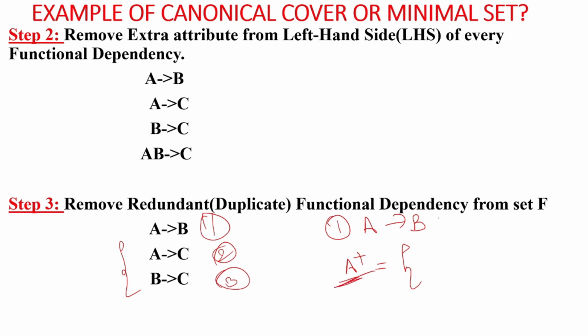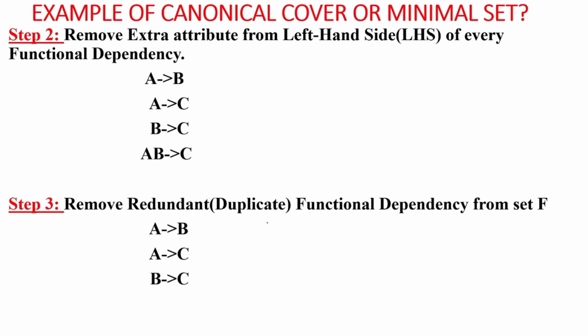Now in A's closure, A will come. So you write A as it is and check these 2 FDs, FD number 2 and FD number 3. Is A determining any other attribute? Yes, A is determining C. So C also will come in A's closure. Is anything else coming? Is C determining anyone? No, C is not determining. Is A determining any other attribute? No, it is only determining C, since we don't consider this FD. Since we are not getting B by any chance, this is not a duplicate FD. A tends to B has to be there in the FD set F, because we are not getting B from other FDs in A's closure. So it is not a duplicate FD.